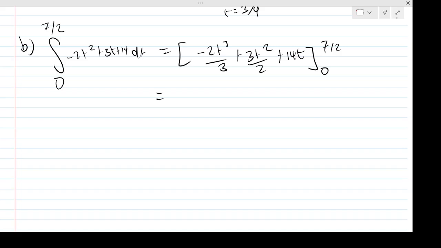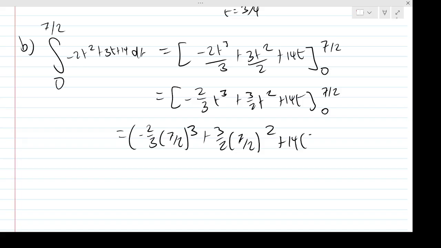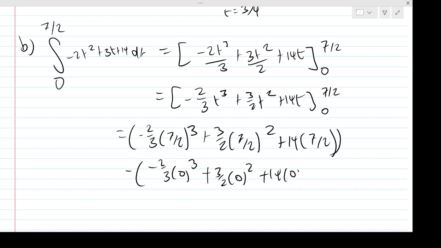Working this out, if we simplify the fractions to make it nicer, it's minus 2/3 t cubed plus 3 over 2 t squared plus 14t. Then if we plug in our upper and lower limits, that would be minus 2/3 of 7 over 2 cubed, add 3 over 2 of 7 over 2 squared plus 14 lots of 7 over 2. Then we take away minus 2/3 of 0 cubed plus 3 over 2 of 0 squared plus 14 lots of 0. And so if we put that in the calculator,